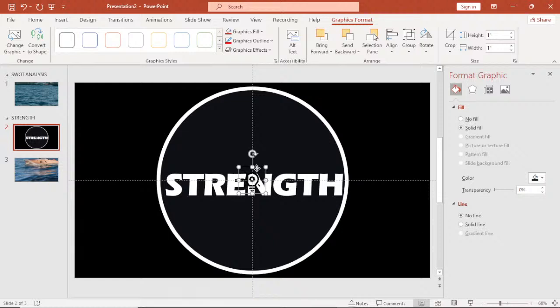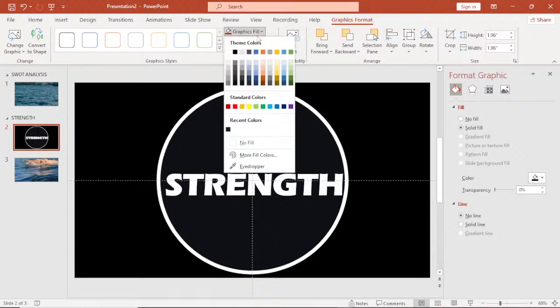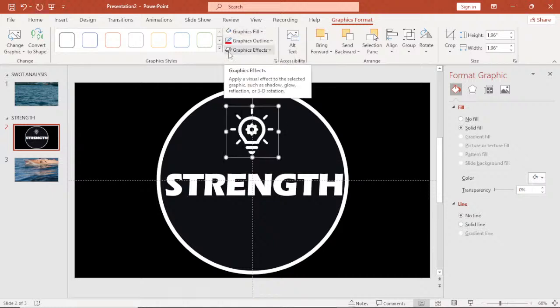Here is the icon. We can hold down our shift and increase it. Then come to graphics fill, make it white. Okay, now